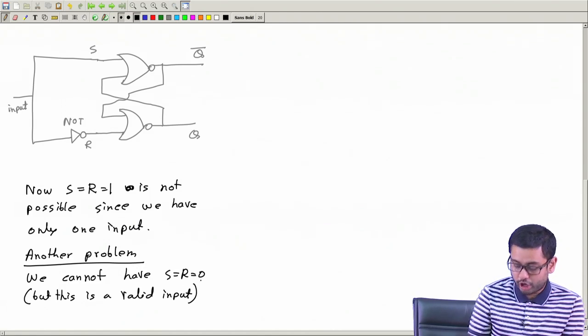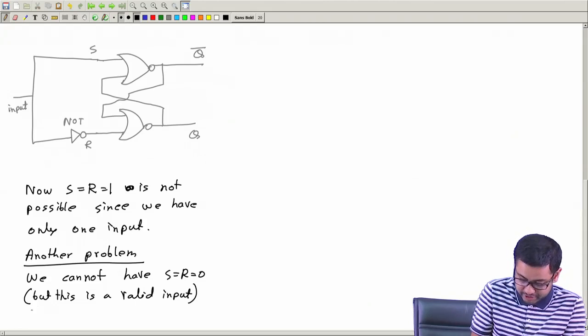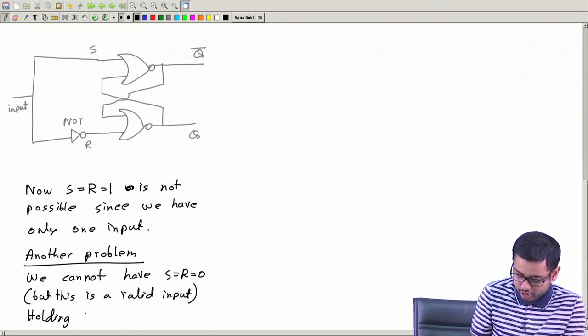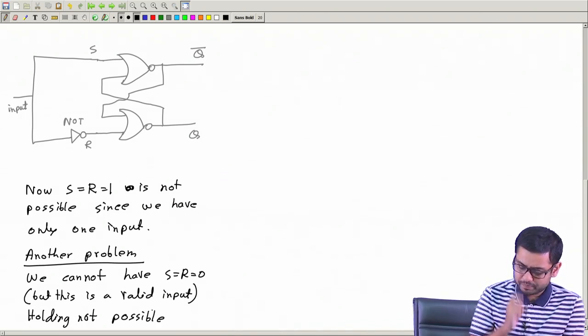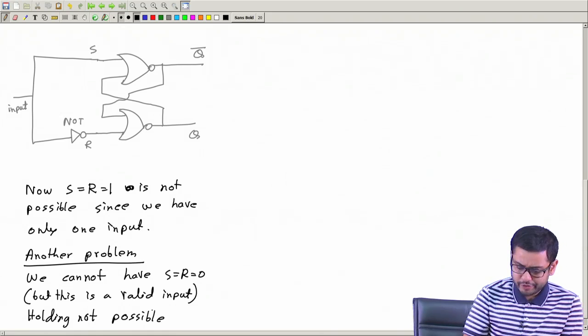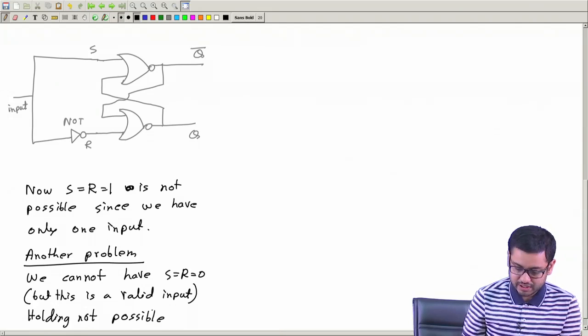Okay. So, we will also lose that possibility. So, that means holding is not possible. So, what can we do? What we do is this: